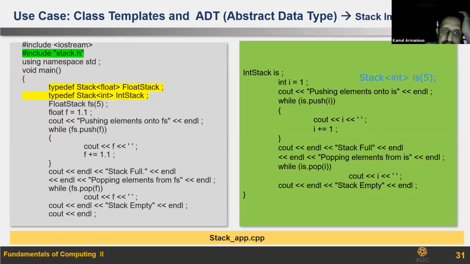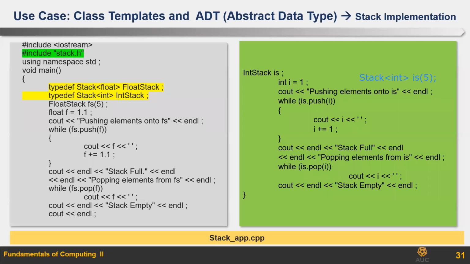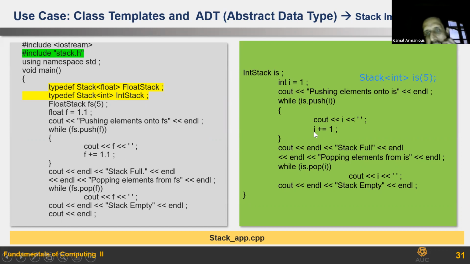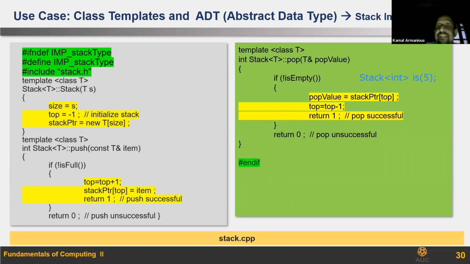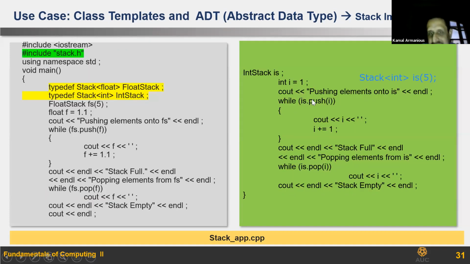Okay. So F here is what? What is the data type of F? It's an integer. No, look. F. Float. Okay. What is the data type of I? Integer. When we call push I, here is what? An integer. So if it is float, T is float. If it is integer, T is integer. Done. If float, T is float. Okay.